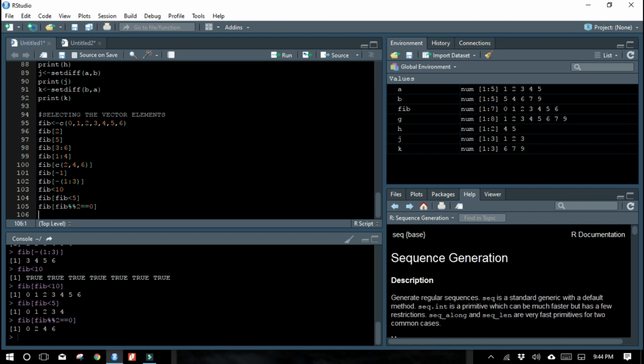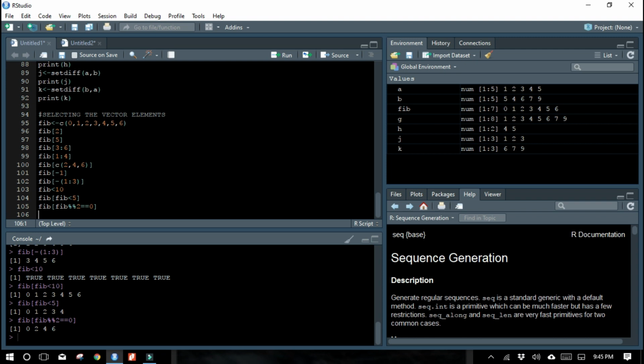Now when I run this code, you will get 0, 2, 4, 6. It means the numbers that are divisible by 2 with remainder 0 are getting displayed here. So 2 by 2, no remainder. 3 by 2, sorry, you will get a remainder. 4 by 2 you will not get any remainder. 5 by 2 you will get a remainder. 6 by 2 you will not get any. So those elements alone are displayed here.